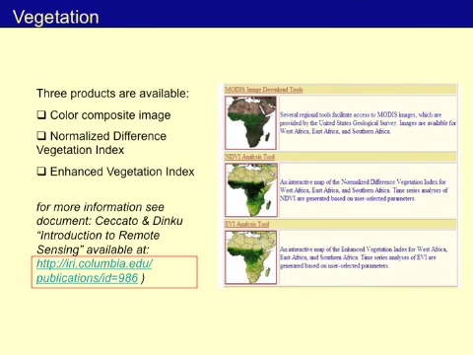The 3 products available are: the first one is a color composite image. The second one is a vegetation index, the Normalized Difference Vegetation Index, NDVI. And the third one is the Enhanced Vegetation Index, EVI. For more information on these products, you can consult the document Introduction to Remote Sensing by Ceccato and Dinku, available